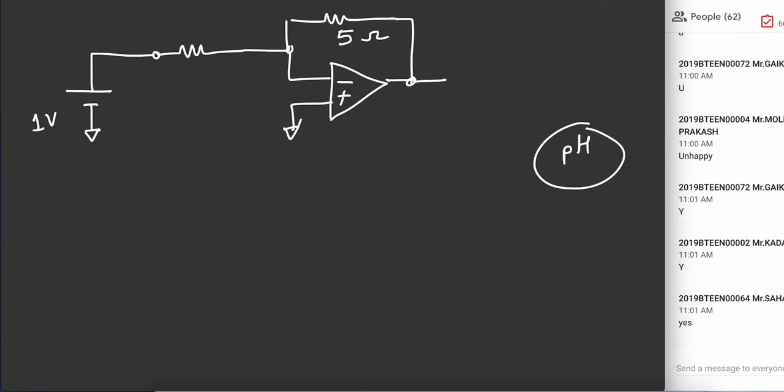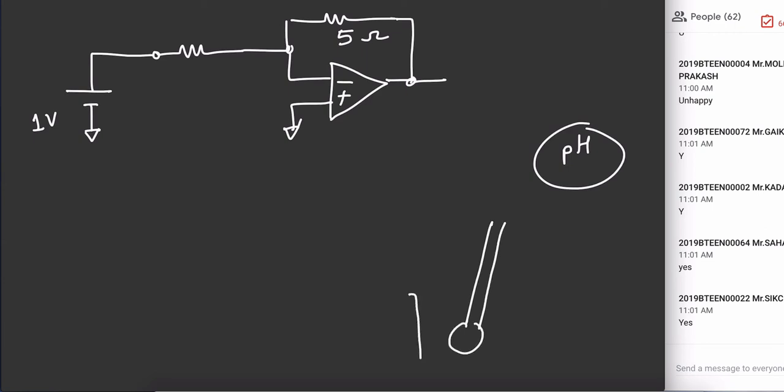Yes. Now there are pH sensors. Like this pH sensor, which we have placed in the beaker. This pH sensor has 2 wires, and it senses and gives us a voltage. The voltage will be in microvolts,